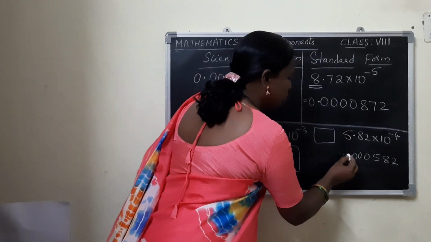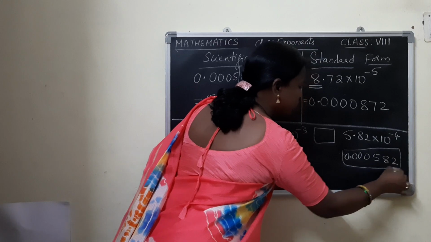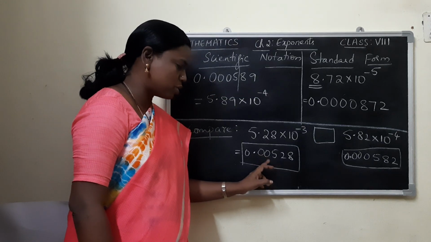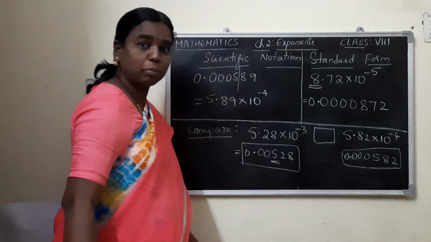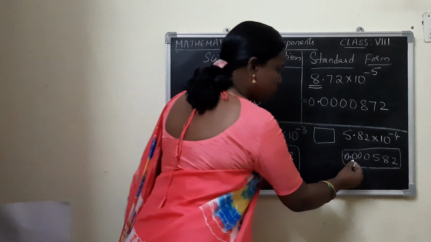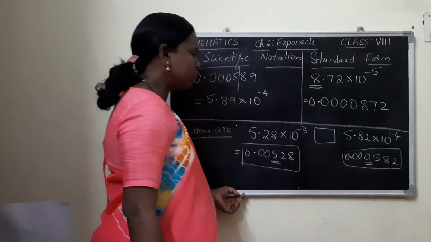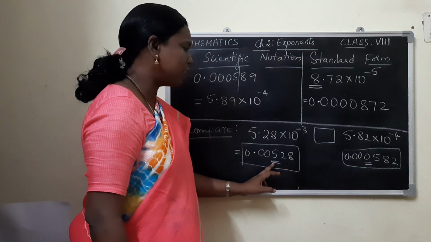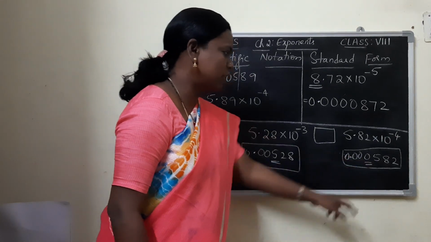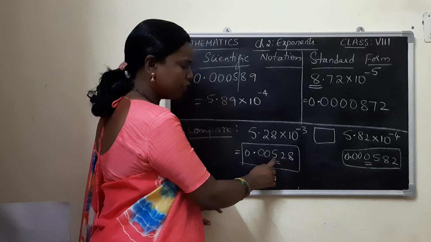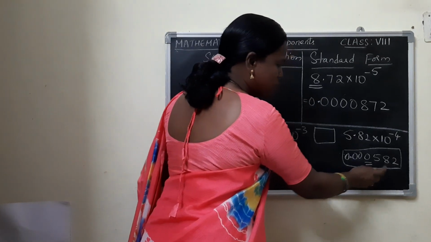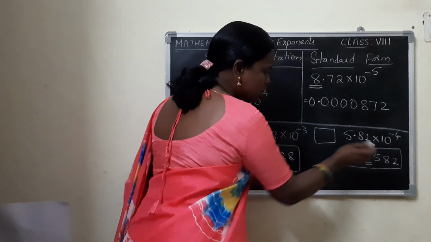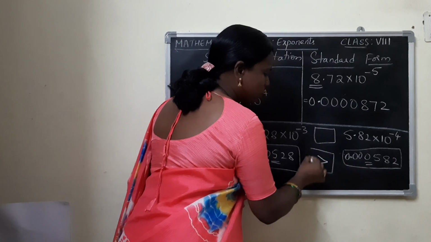Now it is very easy for me to compare. You can see that after the decimal point there are only 2 zeros and at the third place immediately you have a number which is 5. Now let me see the third place here: 1, 2, 3. You can observe that the third place still remains 0 here, which means this value will definitely become greater than this value, isn't it? Immediately at the third place we have 5.8, then here we have 0.5. So this number is definitely greater than this particular number. So the symbol in between would be greater than.